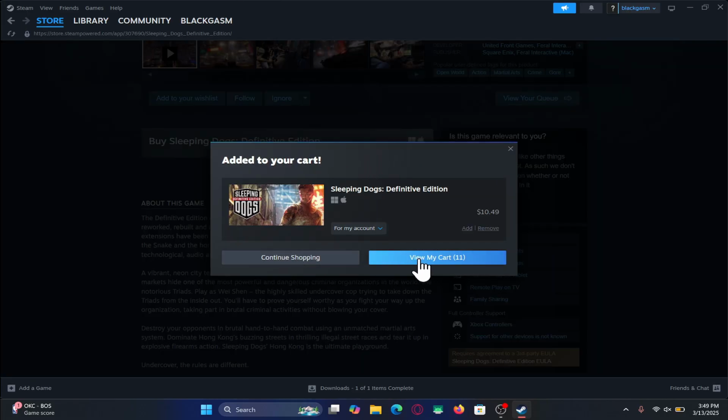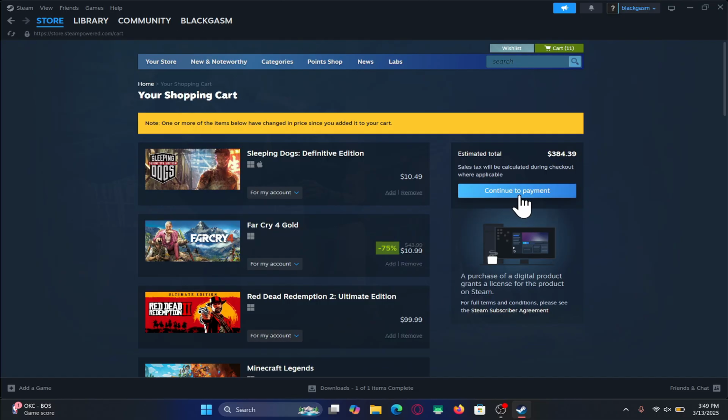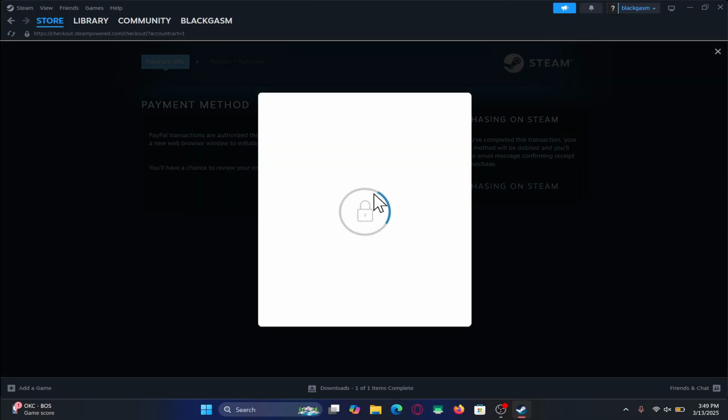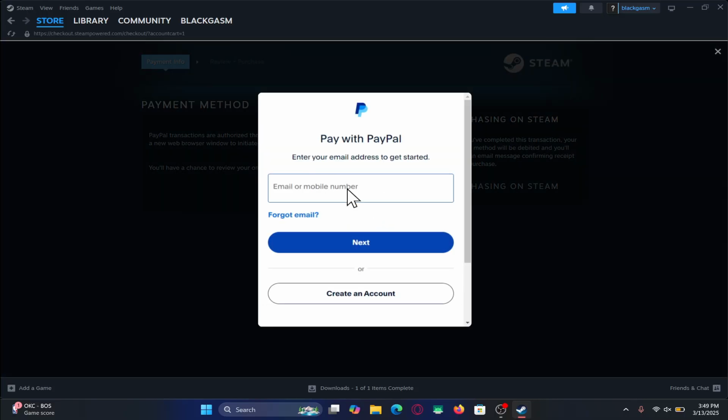You can click on the View My Cart button to continue forward to your payment. If you haven't already selected a payment method, you can choose one from the payment method window. After choosing your method, continue forward and you might need to enter your payment credentials. For example, if you have chosen PayPal, just enter your PayPal email address and password and log into your PayPal